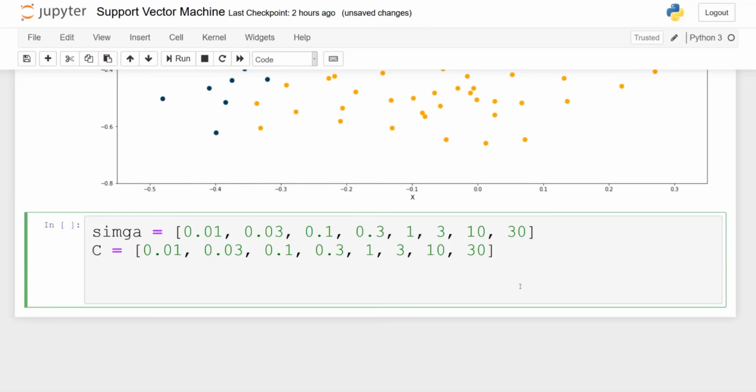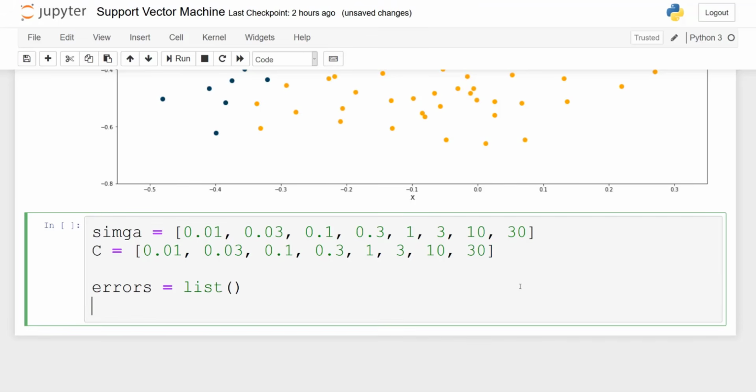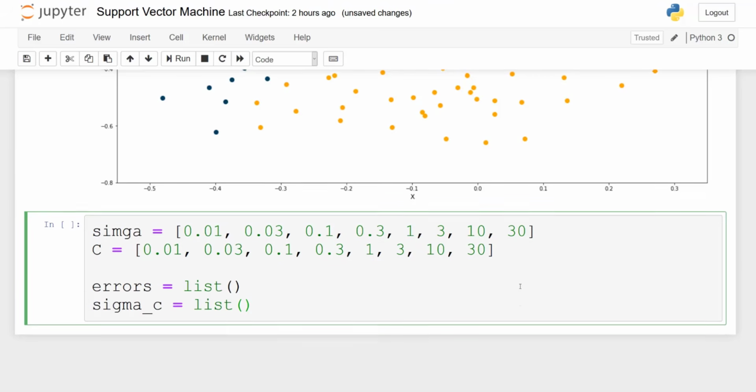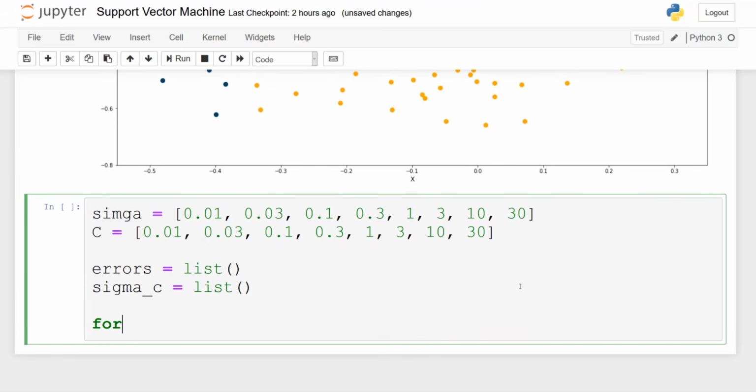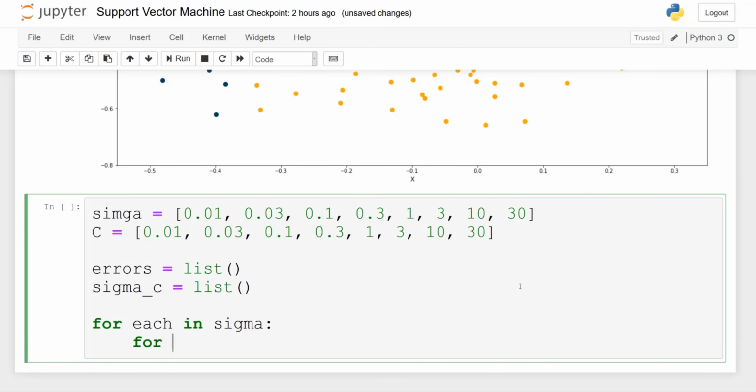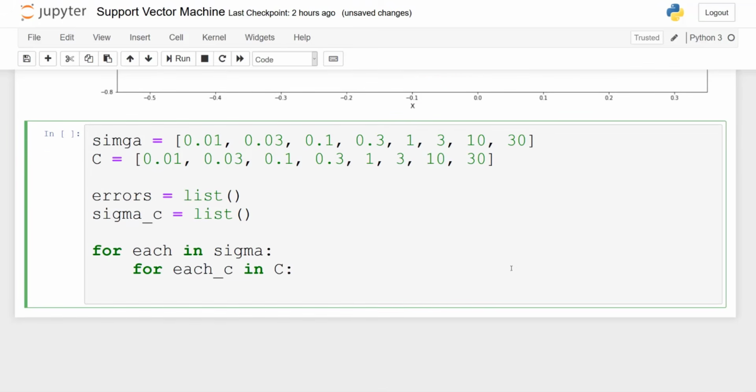Perfect. Now I will initialize an empty list of errors and an empty list for sigma and C. So for each value in sigma, and then for each value for C,